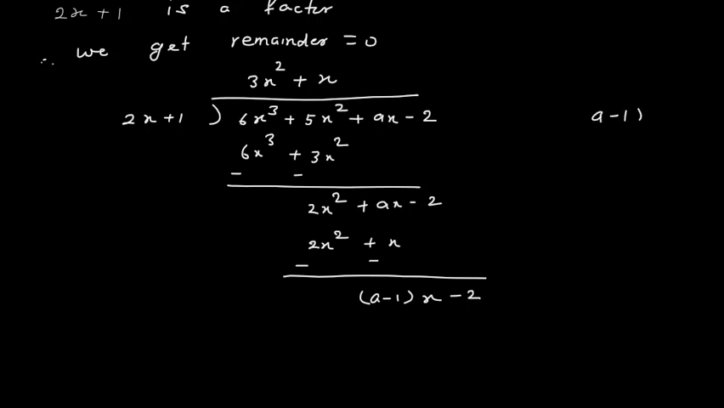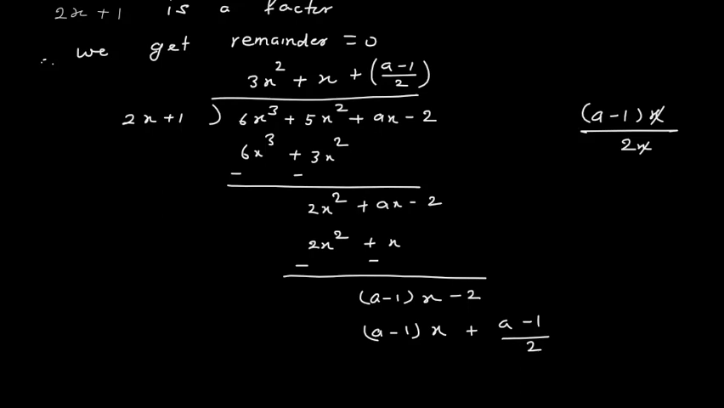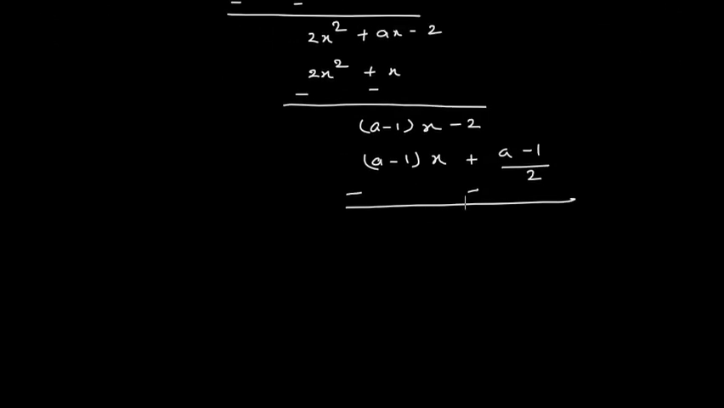Then this is a minus 1 x and this is 2x. So when this a minus 1 x is divided by 2x, this x will cancel and I will get plus a minus 1 divided by 2. So when this a minus 1 divided by 2 is multiplied by 2x, I will get a minus 1 times x plus a minus 1 divided by 2. Now I will subtract. So here I will get minus 2 minus a minus 1 divided by 2. Now this is remainder,